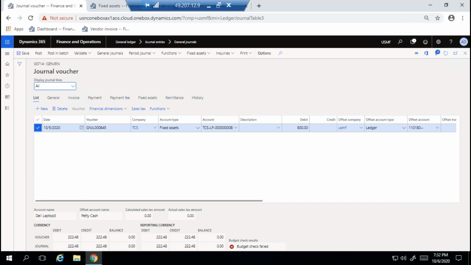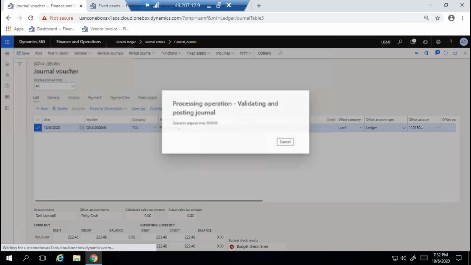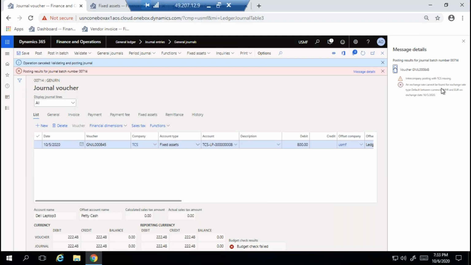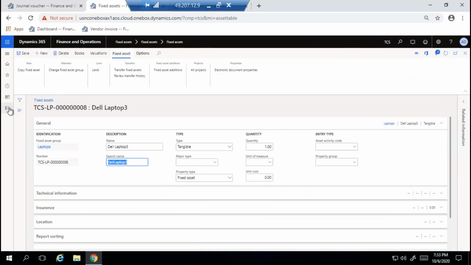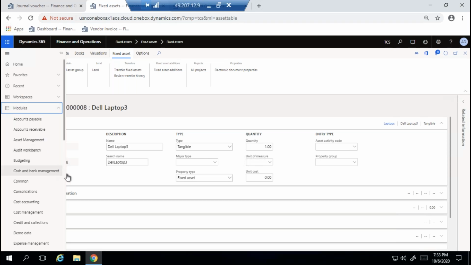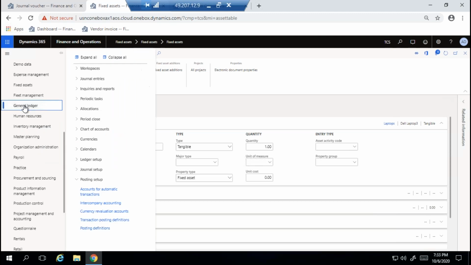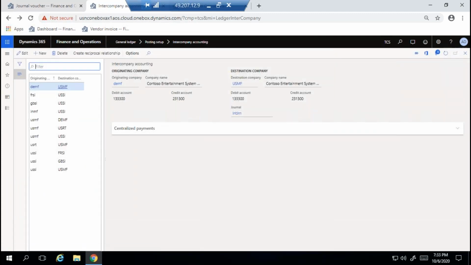Now let me share. I have selected the TCS company. I'm purchasing now. Yes, I'm trying to post. What happens? Let us see. 99% it is possible. For everything it is possible. Let me verify what the problem is. Intercompany TCS missing. If you map the TCS mappings, it will work. It is possible for all transactions.